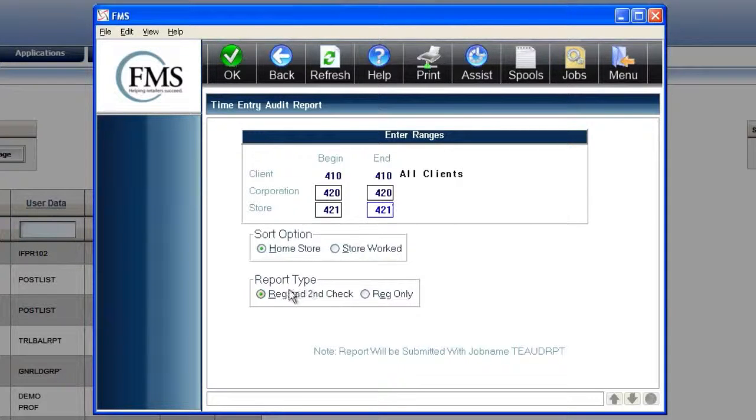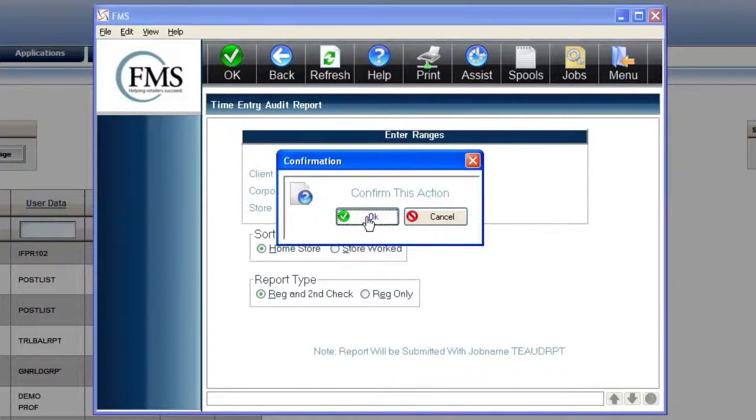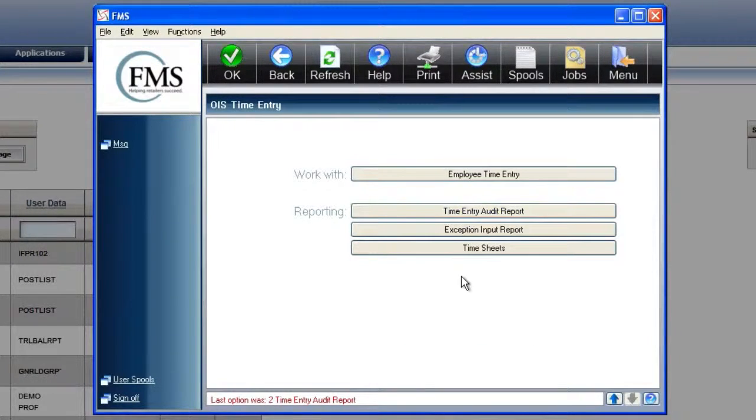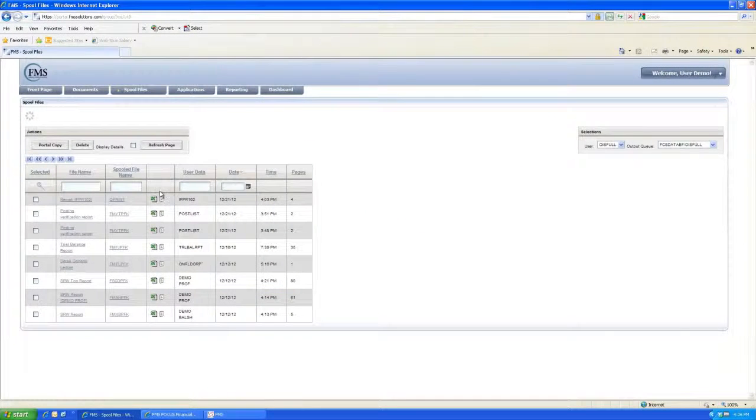The next thing we can do is run the report with regular checks and second checks, such as bonus checks or vacation checks, or we can run for regular time only. In this case, I'm going to leave the regular and second check prompt listed. So I'm going to go ahead and press enter and click OK. And now the report is processed. I'm going to hop over to the portal, and then there's our report at the top. The latest report will always display at the top. If I press enter on that, click on that report,